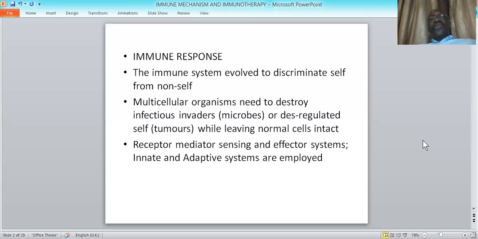So the function of the immune system or the immune response, for example, in humans, is to destroy the infectious invaders, bacteria, like I said, fungal organisms, tumor cells, cancer cells. In order for the immune system to be able to do that effectively, it has to discriminate between self and non-self. The normal cells of the human body, for example, which have not got out of control,